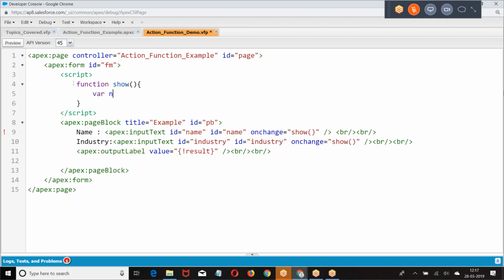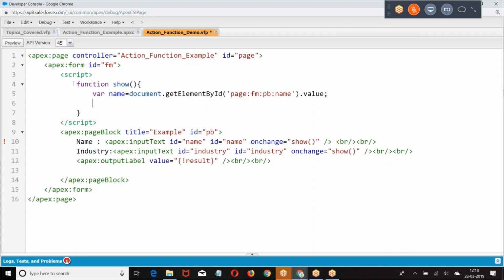Function show, where name equal to document dot getElementById, page, form, page block, where industry equal to document dot getElement, page block.